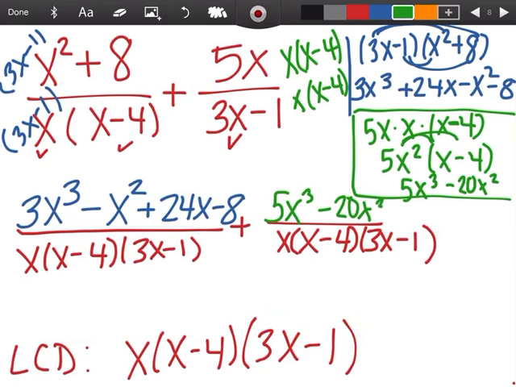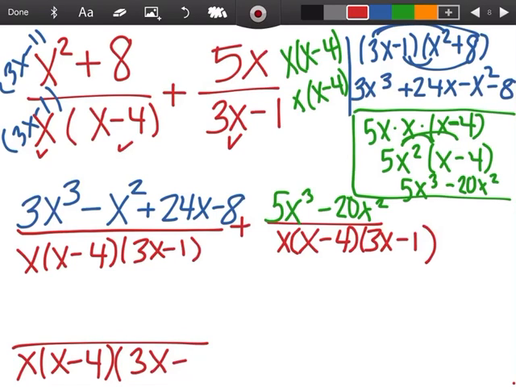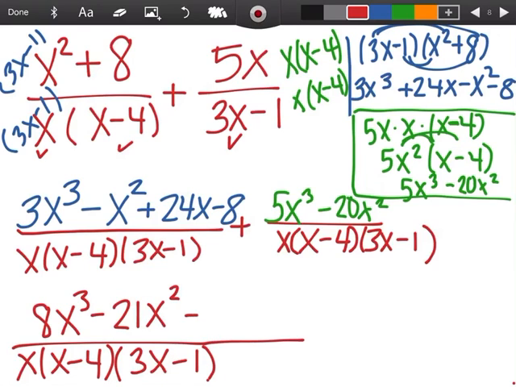And then I combine like terms. When I go to write my fraction, the denominator stays this whole big mess. And I combine like terms. 3 plus 5 is 8 x to the third, negative 1 minus 20 is minus 21 x squared. And then plus 24x